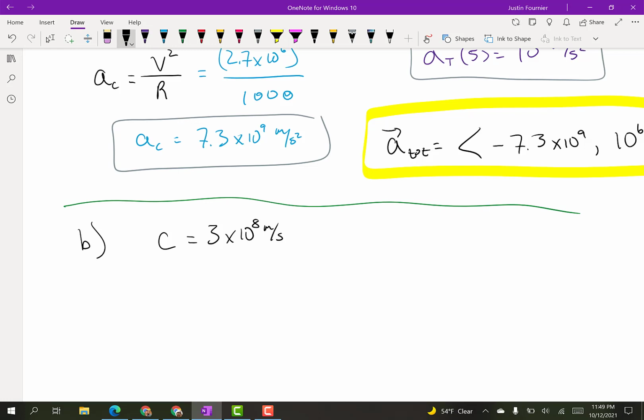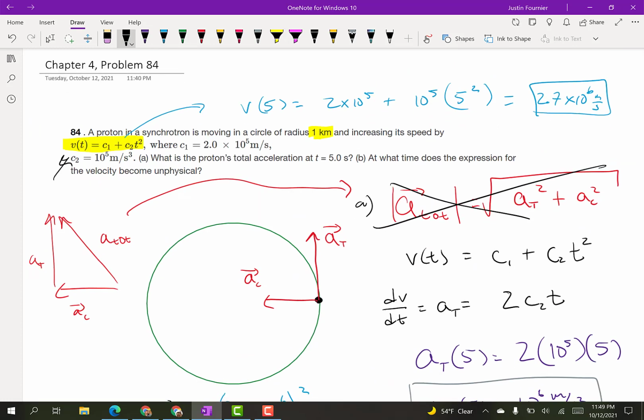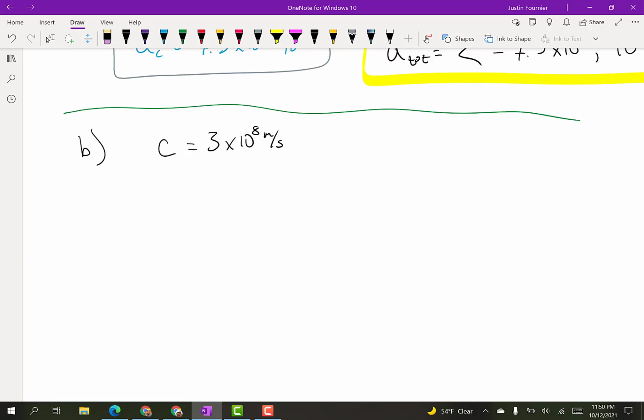So basically I want to set my velocity equal to c, so equal to 3 times 10 to the 8, and see at what time that occurs, because then any time beyond that basically means that I'm just going to have a bigger velocity, and that just can't be the case. Again, physics does not allow this. So again I'm using this equation, my velocity, c1 plus c2 times t squared. So I'm just going to plug in 3 times 10 to the 8 in there,